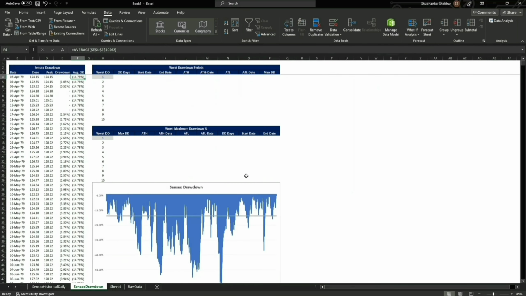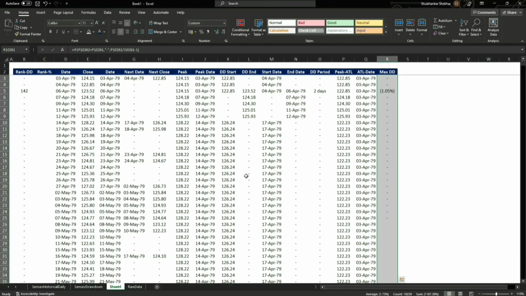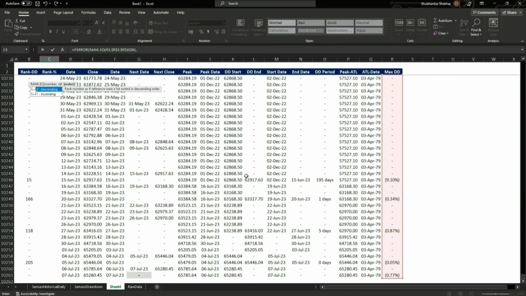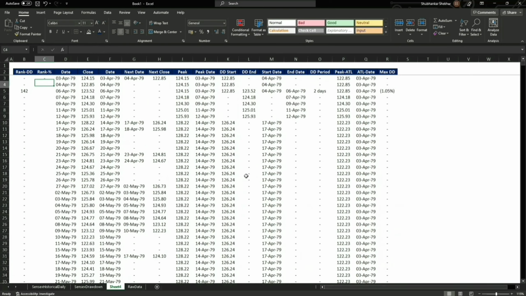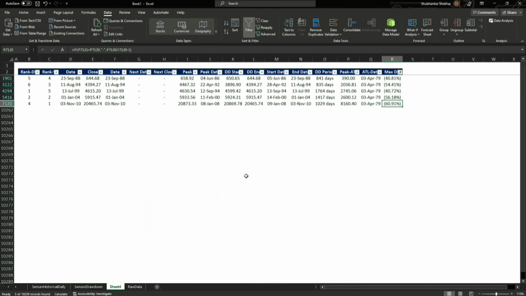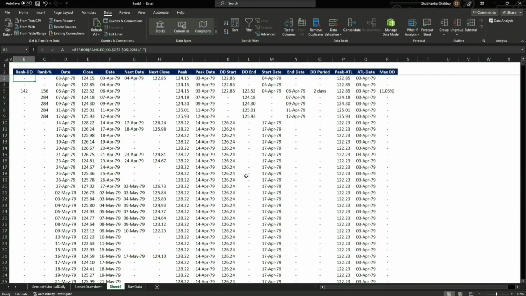And for this, I'm going to go here, copy the format from here, paste it here, and align it, and here we have the maximum drawdown. So now that we have calculated the maximum drawdown, we can now rank it accordingly, right? So we are going to calculate the rank. The one difference here is that this should be in ascending order, right? So let's check if this is working correctly. 1 2 3 4 5, right? So this should be 1, this should be 2, this should be 3, this should be 4, and this should be 5, right? Perfect.